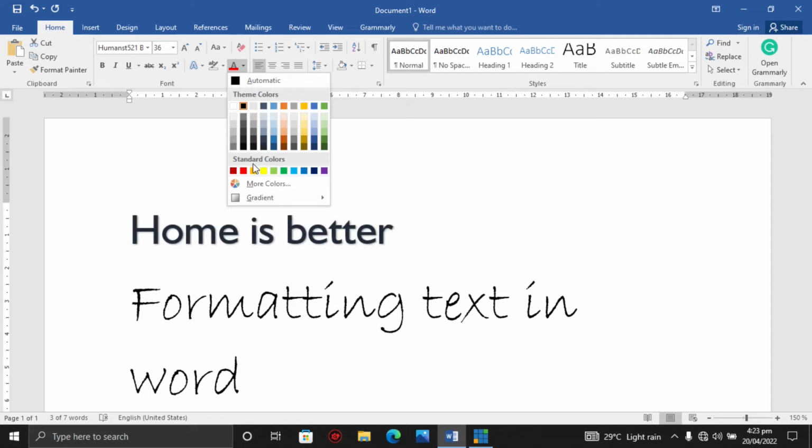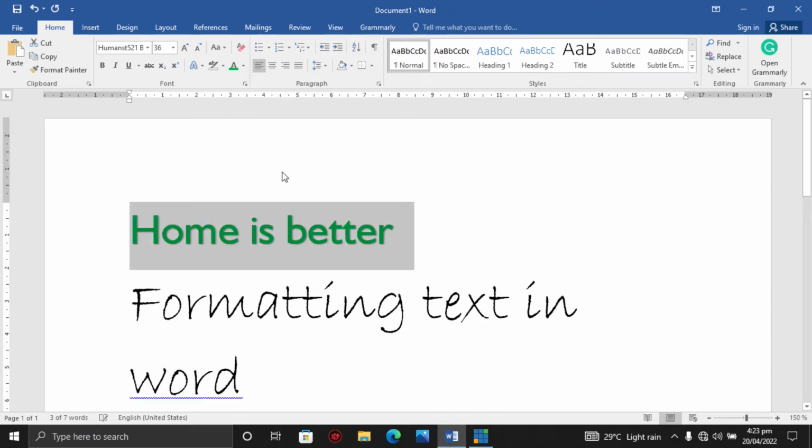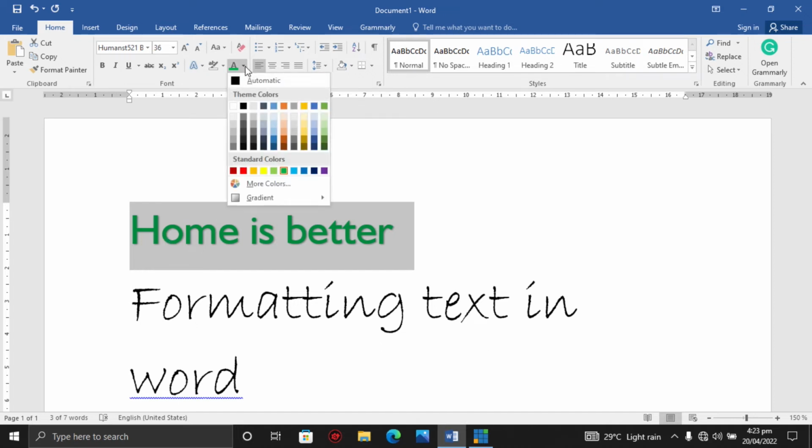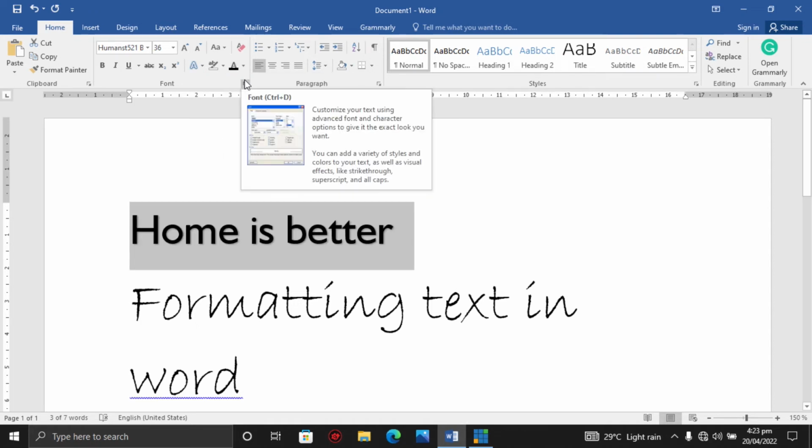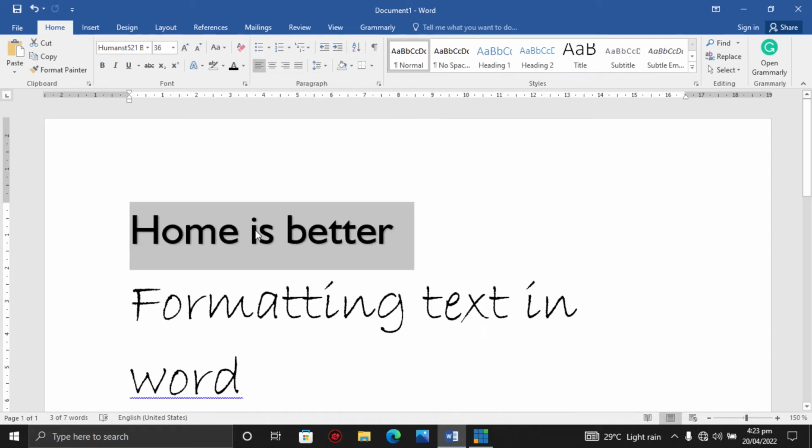You can also change it to red, yellow, green, like dark green and the rest of that. So let's leave it at this screen here. We can change the color of our text to green by using the font color, or we can leave it at automatic, which takes it back to the default color. Alright, so that's how we can change the color of our text.